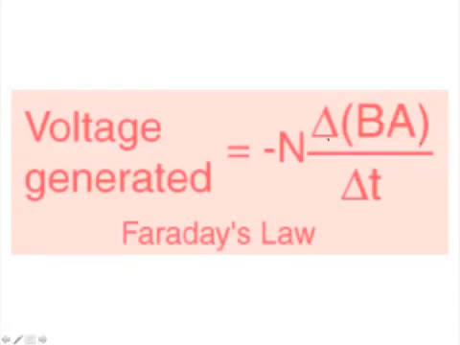Now, if there's some change in that magnetic moment, you can change the area certainly, although in the field that's kind of hard to do. But if the magnetic field itself is changing, the strength of the field B,